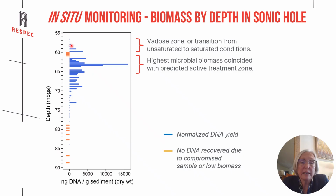Here we can see that the water table's at about 57 meters below ground surface. This is a core, a drill hole that we constructed and completed as a monitoring well, but took the sonic core and sampled it. So we can see in blue where we have increasing mass of DNA per gram of sediment, and in yellow or orange where we were not able to recover any DNA. Above this zone at 61 meters, we have a vadose zone, or a zone where we have variable unsaturated and saturated conditions. So we don't have much biomass there, but immediately into the saturated zone,